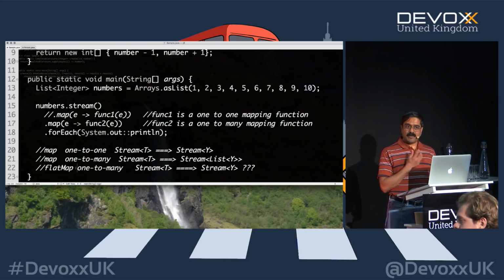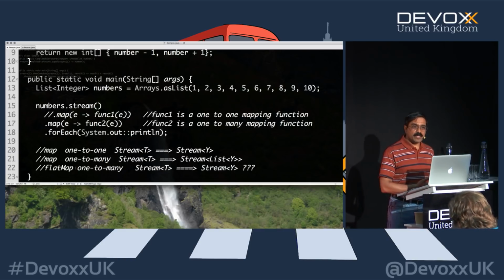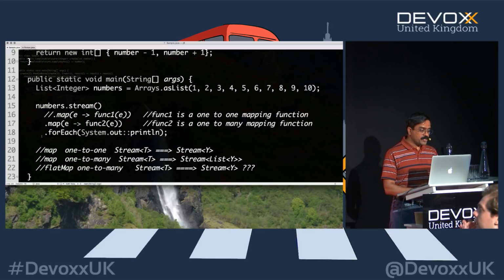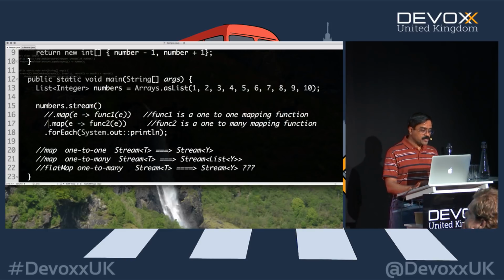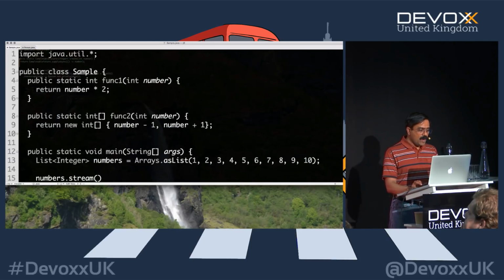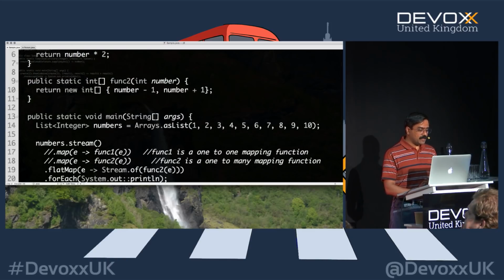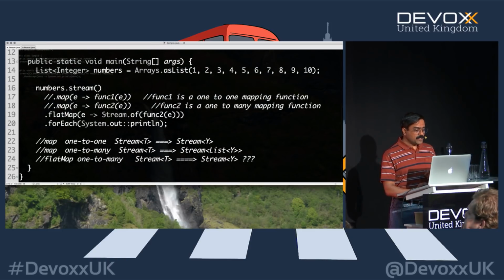So this is an operation of flat map. When you're returning a stream, you end up using a flat map operation. In fact, I'll convert this code to use a flat map in just a second to show you how that actually is going to work. So notice what I'll do here. I'll go ahead and say flat map, given an element, stream of func2, and then I'm going to pass the element e. Remember, that's returning an array. Now I'm going to call a stream on it and ask it to give us a stream from this operation.